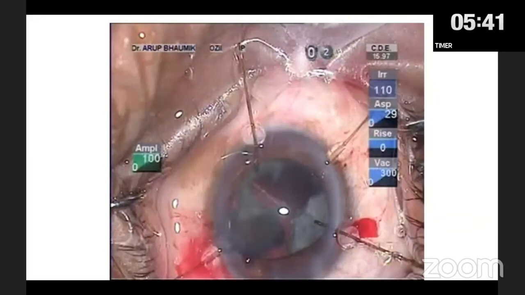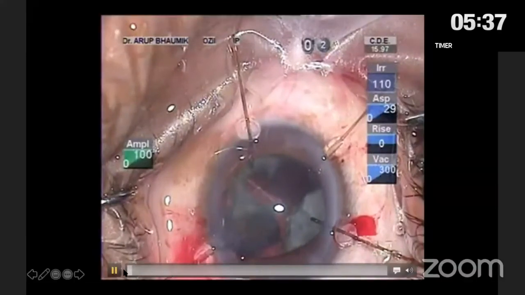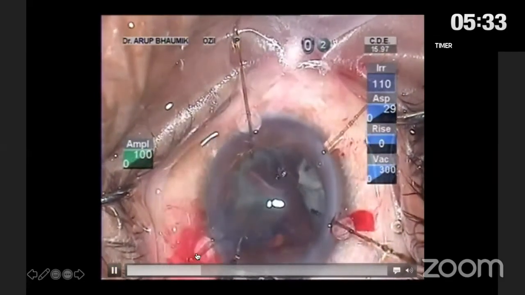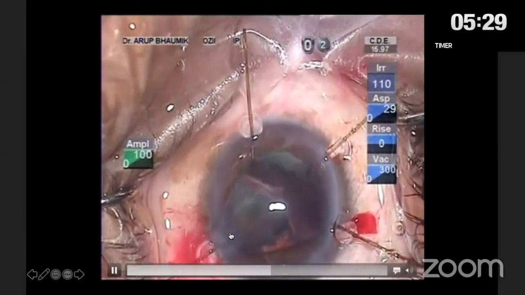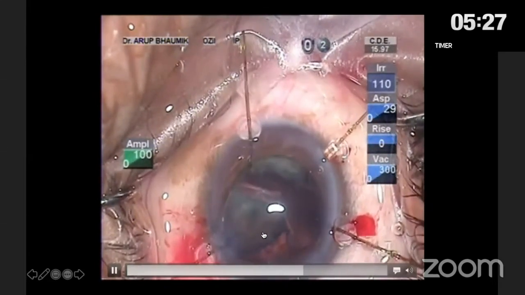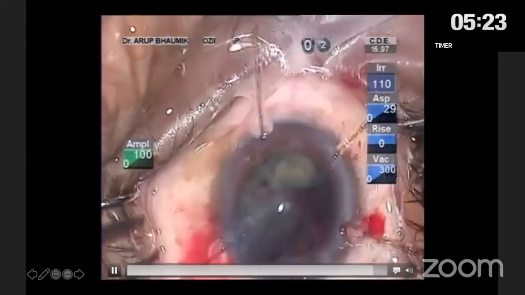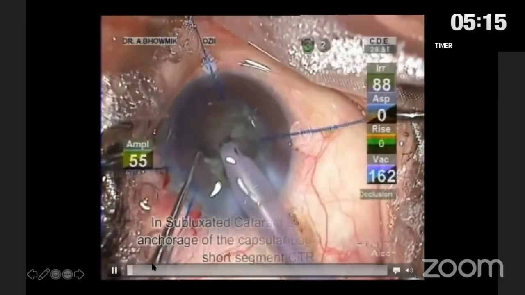And this is probably the ideal stage of the CTR. If you are able to go without giving the CTR, you can leave a little bit of cortex, and the fragment is here. Now it is very easy to implant the CTR into the bag. So it requires less force. Even so, it is very important to time the CTR. Timing the CTR is very important.